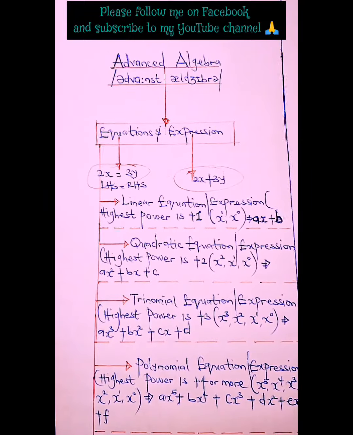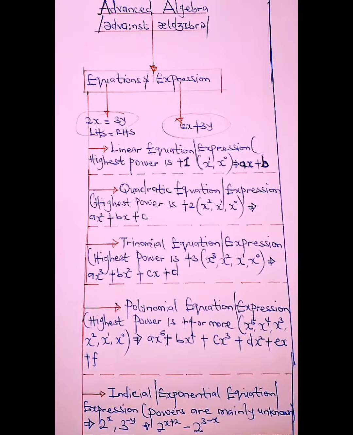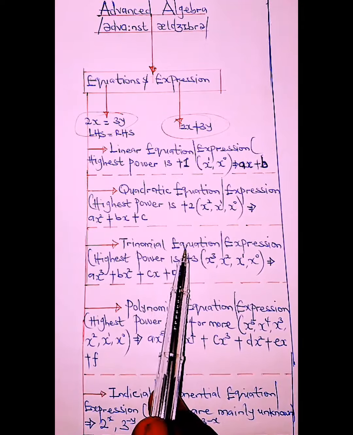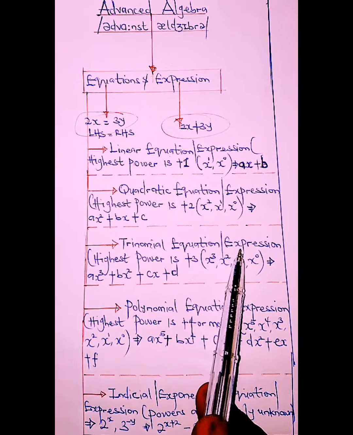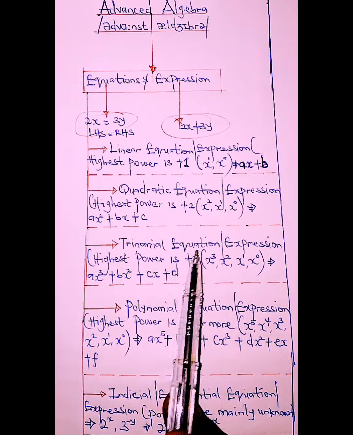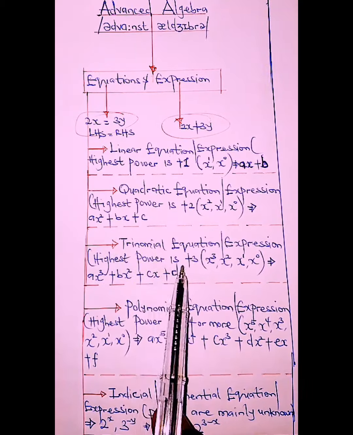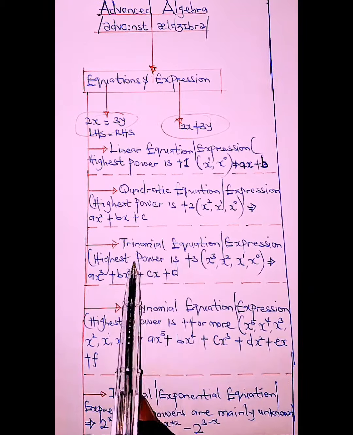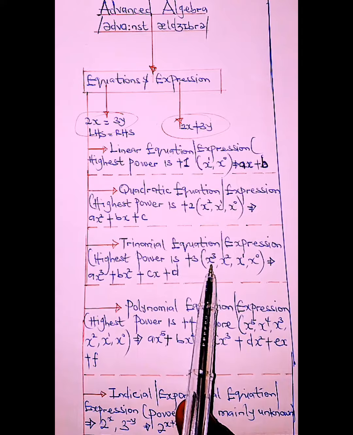So the next we're going to be looking at is what we call the trinomial equation or trinomial expression. Now for trinomial equation or expression, the highest power is plus 3. So we have the highest power to be plus 3. So we have something like this: x to the power